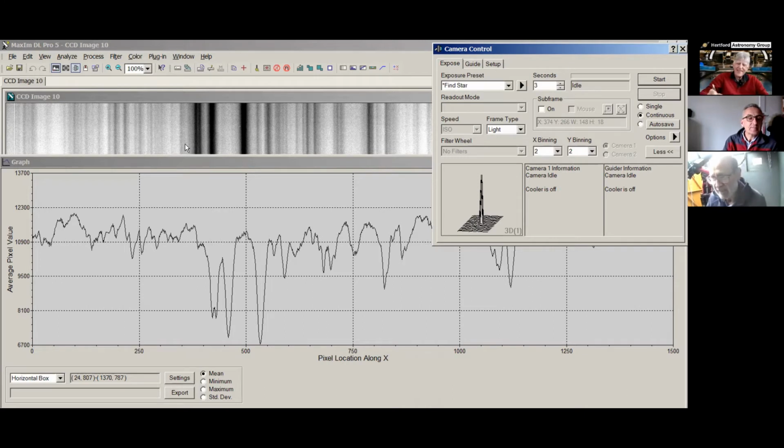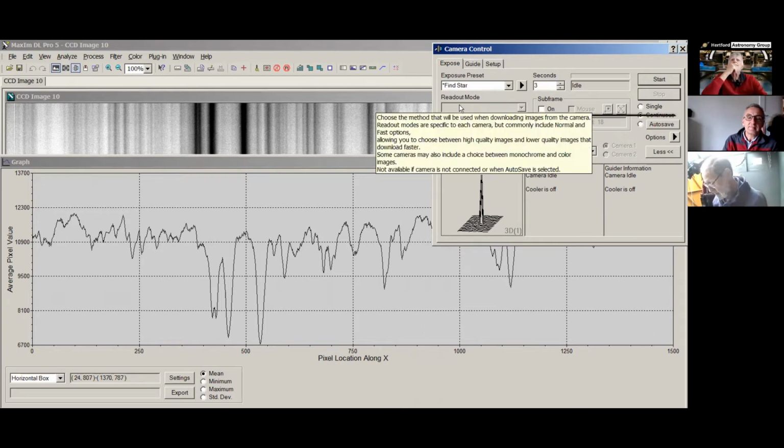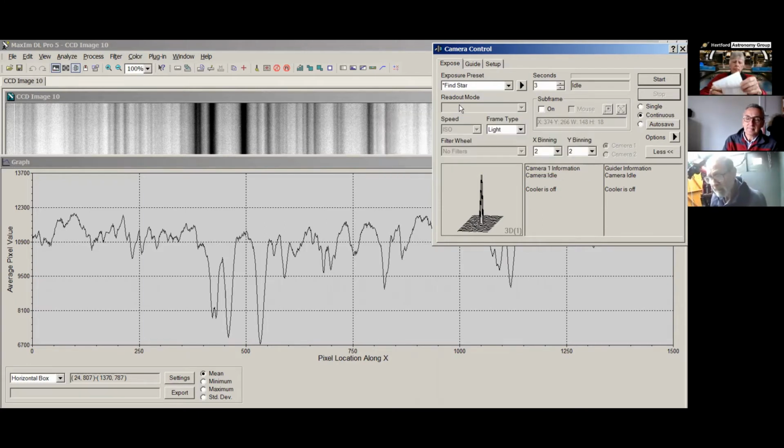Usually that 516 nanometer line is in absorption. It may be something to do with the adjustments in Maxim DL, but I don't know. So we'll move on now. See if I can get you the hydrogen beta line. We'll start on this. And what I'm going to do actually is just